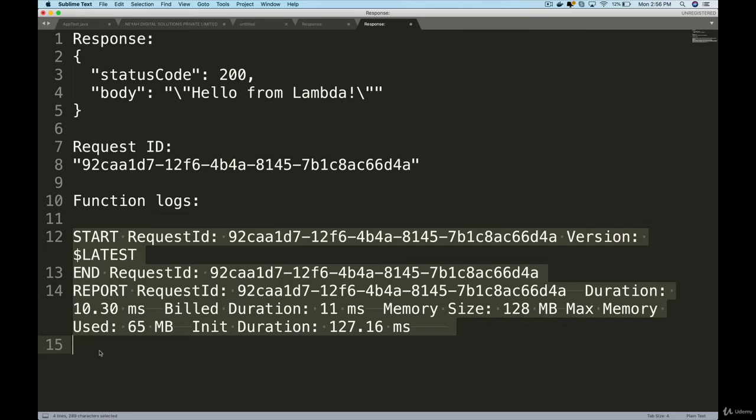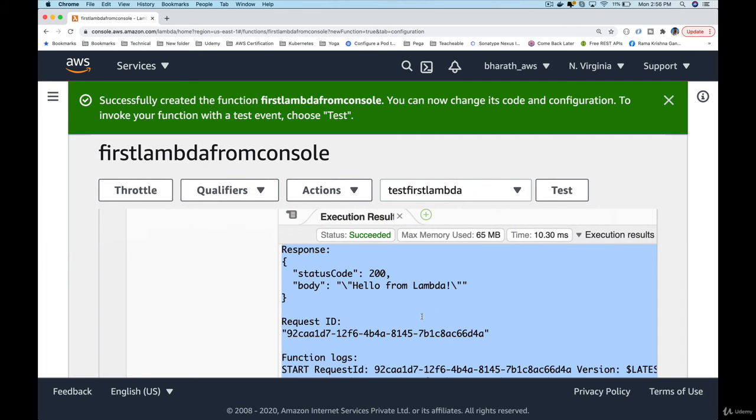We are not doing any of this logging in our application. When you do your Java-based Lambda functions later on, you use system.out.println, you will see that those will end up in these CloudWatch logs. Similarly, you will learn how to use Log4j, and also you will learn how to use the AWS Lambda context logger. All those logs will appear in the CloudWatch logs. That is the beauty of it.